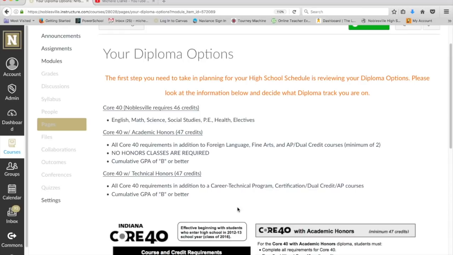you have those in addition to foreign language, fine arts, and AP dual credit courses. You'll need a minimum of 2 of those. No honors classes are required for an academic honors diploma, so don't get that confused. Just because a course is designated honors doesn't mean that you're getting your honors diploma. They really don't have any relation to each other, so you can still earn the honors diploma even if you